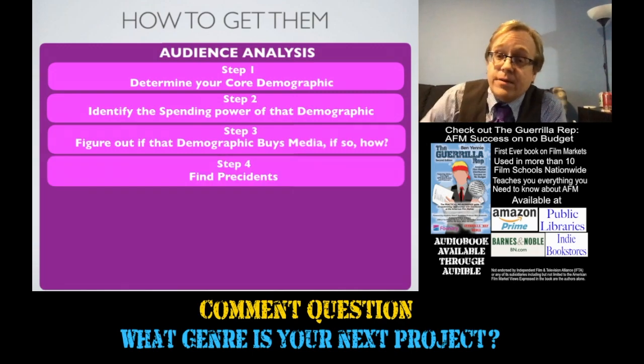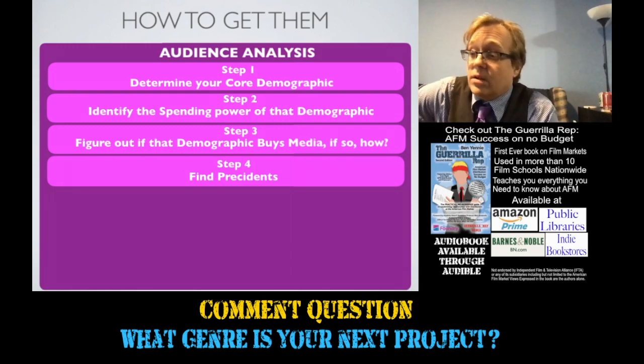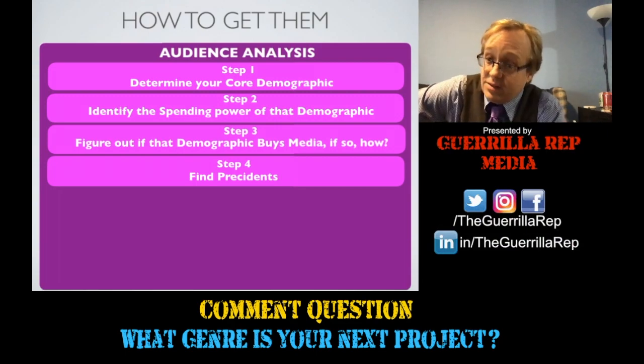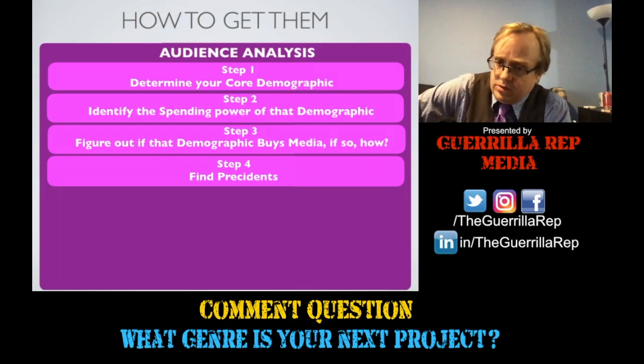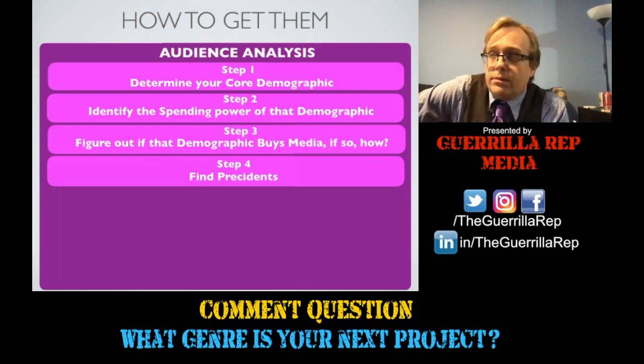Step 4, you have to find precedents. Actually, even finding precedents is sometimes very useful even in step 1. And a good way to do that is to look at similar films to yours, like you did for the competitive analysis, on IMDb Pro, just to see what the ratings look like for those similar films. Like if it does very well with 18 to 24-year-old females,